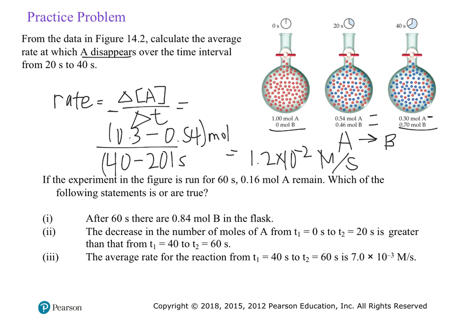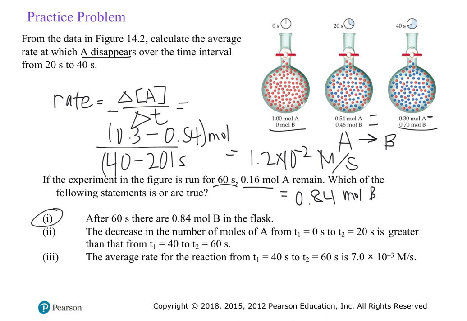So if the experiment runs for 60 seconds and we only have 0.16 moles of A, then we can do 1 minus that, so that would be 0.84 moles of B. So which of the following statements are true? So at 60 seconds there are 0.84 moles of B? Yes. The decrease in number of moles of A from T0 to T20 is greater than from T40 to T60,